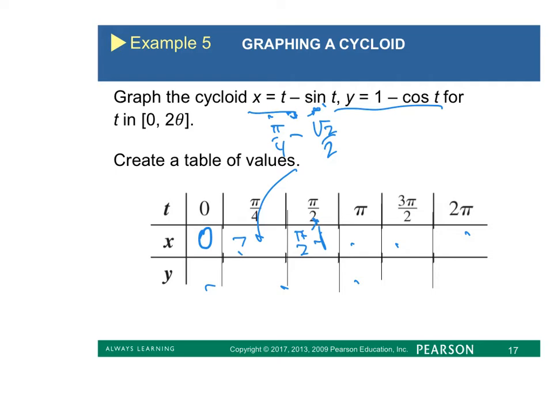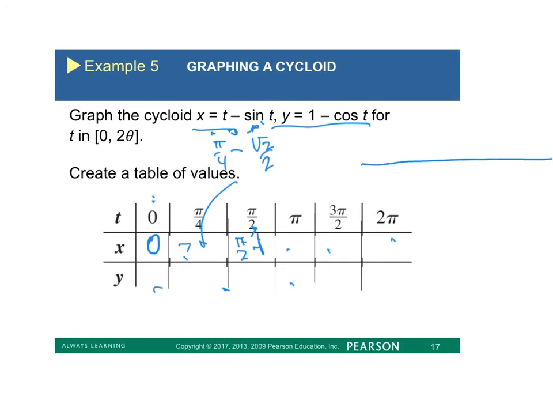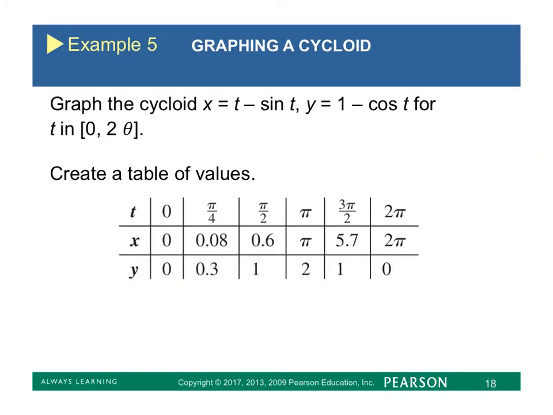He chose to do one full circle, and I know why he did, is because he's thinking of that wheel going around 360 degrees or 2 pi. So in one rotation, we ought to be able to get one cycle of the cycloid. There they are in decimals. Wonderful, okay? And so plotting those points by hand,